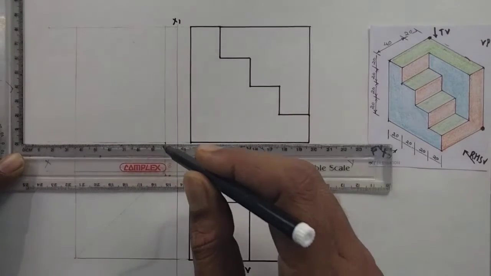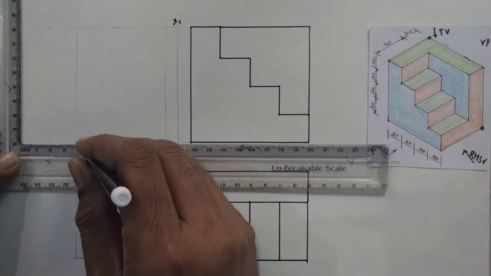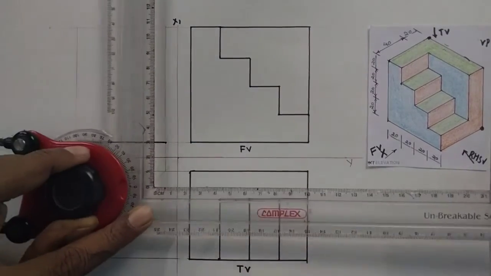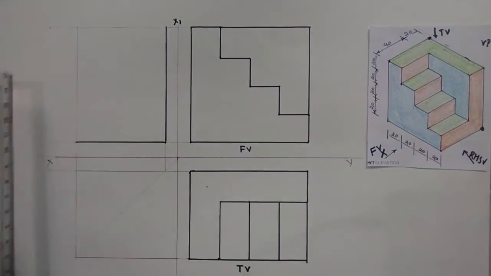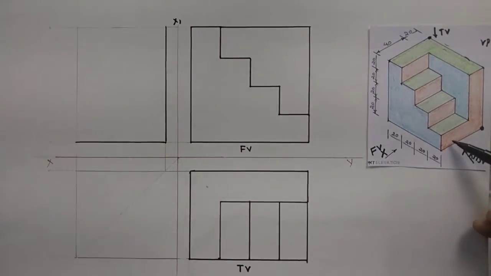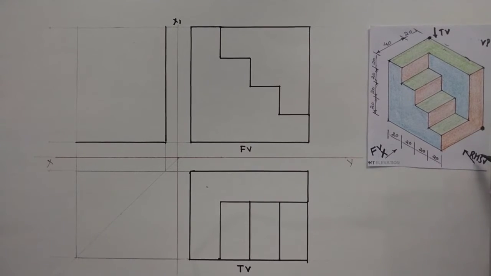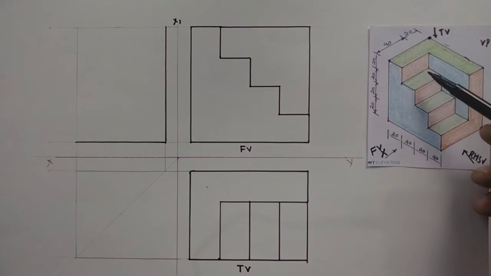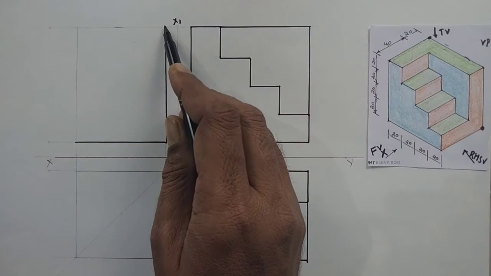So you can draw first your 40 mm width and the height of the object. Now these orange colored surfaces are visible from the right hand side view. So first we have the L shape, then there are three small rectangles. So first we prepare our L shape, the vertical L shape. So I reach to this corner in my orthographic views.